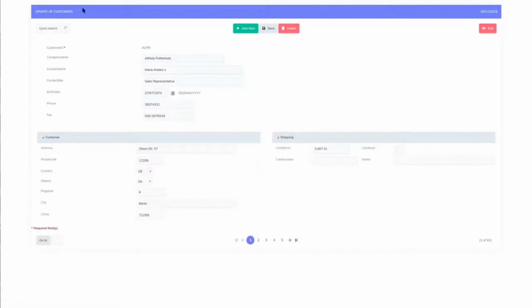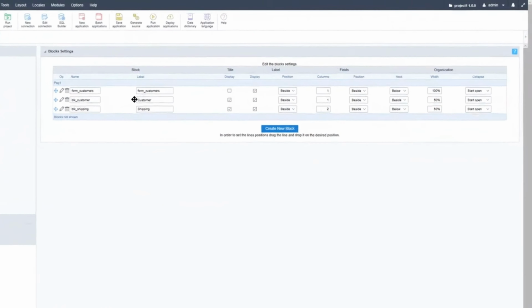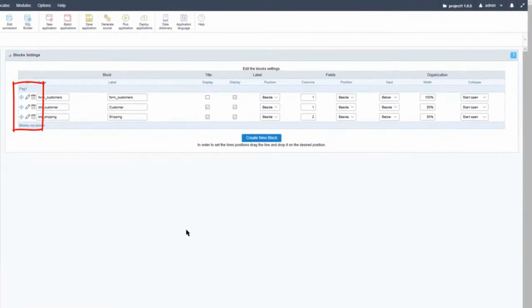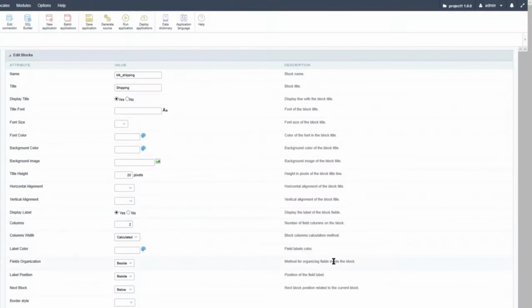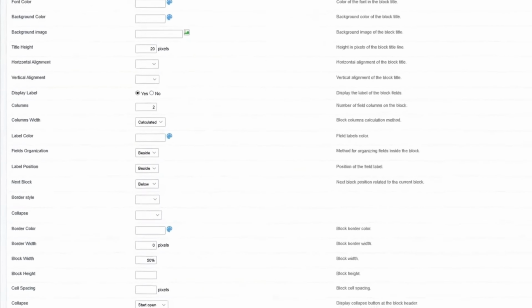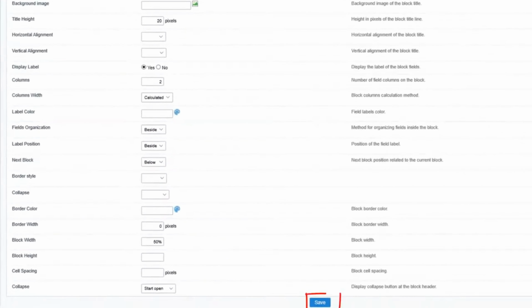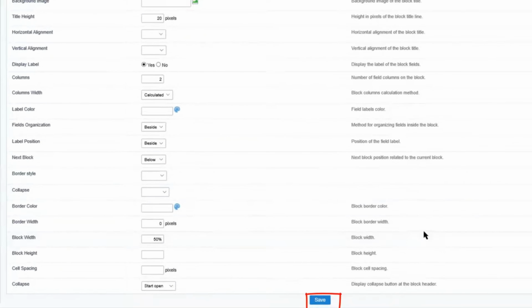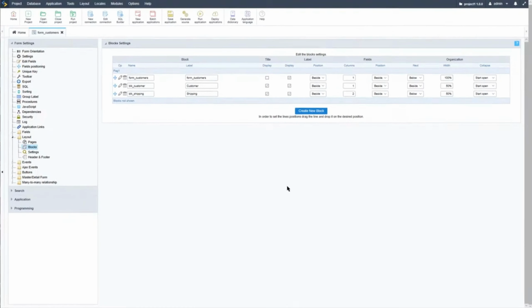Okay, so I'll return now back to Scriptcase. And within Scriptcase, we're viewing the block settings again. Now do notice the pencil button that I have now available next to each block. Using that, I can customize the block further. So I will click on it and it will open the block's advanced settings. Here you can see there are some extra options such as the title alignment, block height, cell spacing, and many other visual options which you can apply to the individual block. Once satisfied with the changes you have made, you just need to click the Save button. You can then continue with the configuration of the form.